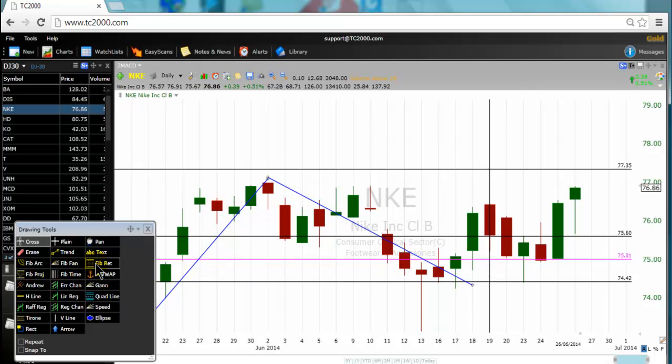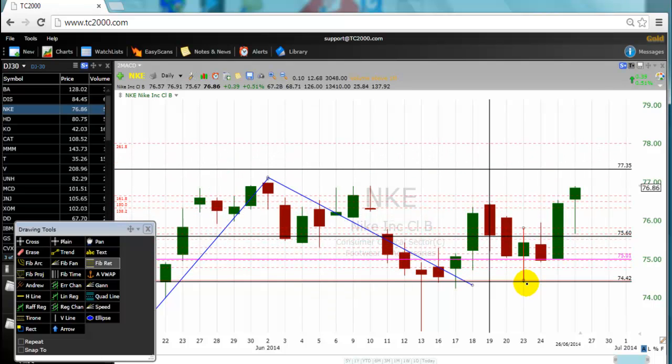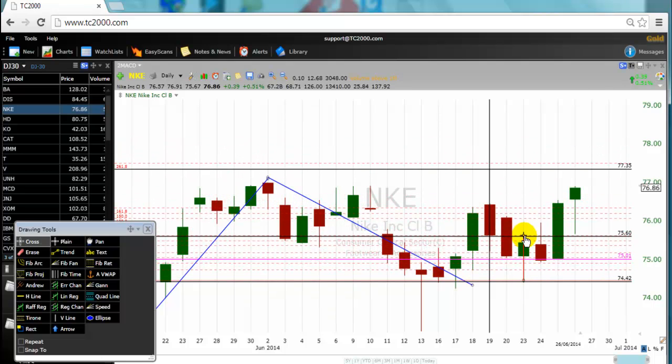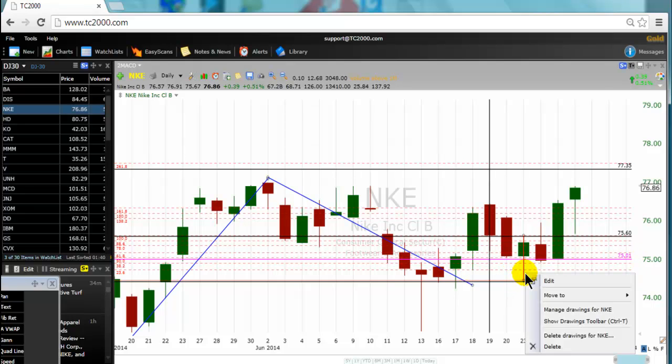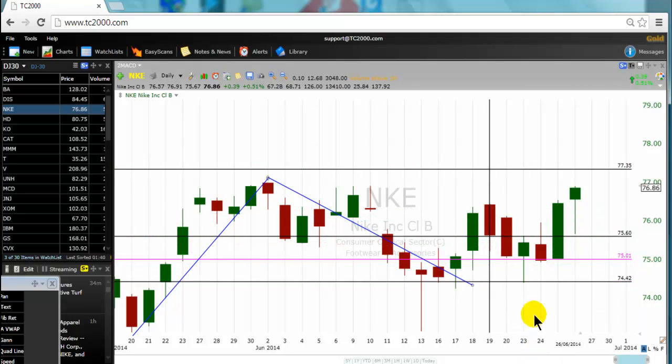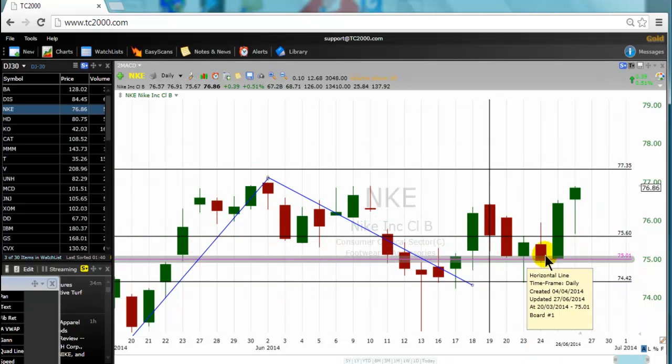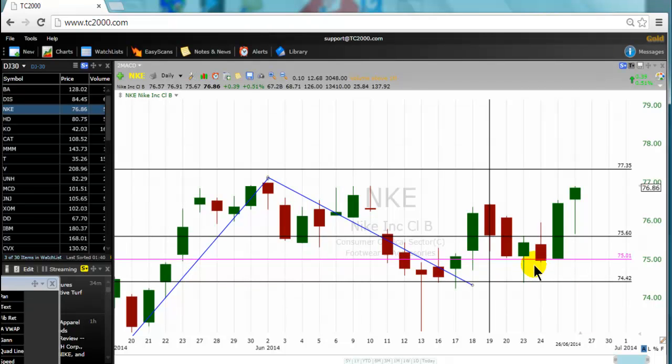So in fact, if I do it quickly here, using the Fibonacci retracement level to highlight the high, the low, and the median line, the 50% Fibonacci retracement level is just above the pink line. Okay, it's just above it, nicely sitting on it. So if you accept that, if you can replace the 50% level with the pink line, you can see here, on Tuesday, we have the high, the low, the median line. If you accept the pink line in the zone of the median line, you will be looking for an opportunity to